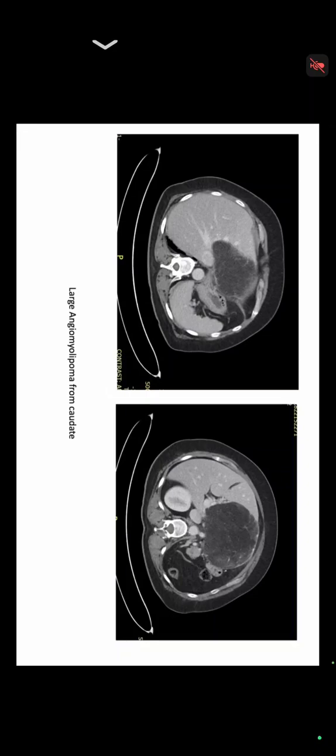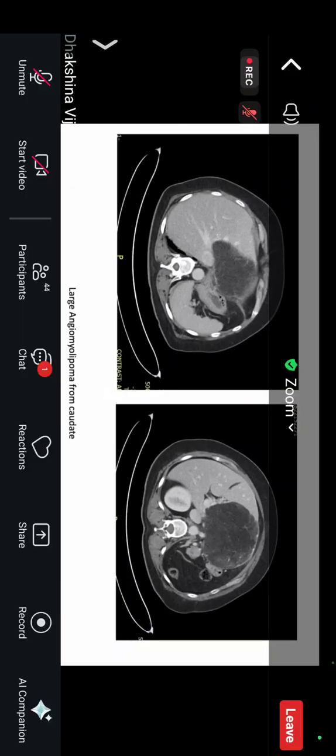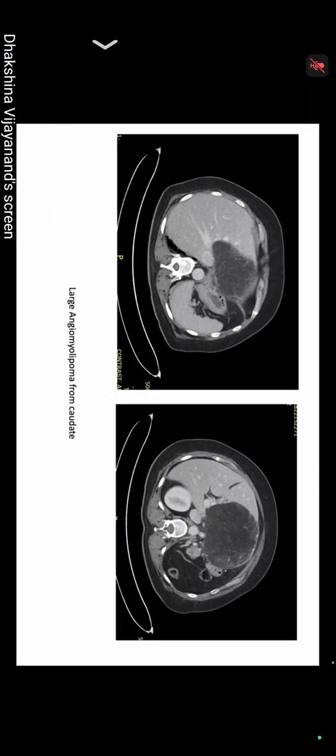Sometimes you do get challenged by the sort of cases that come through the doors. This patient presented to us 6 months ago. I saw her in the clinic, and as is usual, hepatic angiomyolipomas are rare, and often they're smaller in different places, but this one is quite huge, about 15 centimeters. It's also been arising from the caudate lobe, and initially there was a differential of a sarcoma or leiomyosarcoma arising from it, but a biopsy was done in this case,